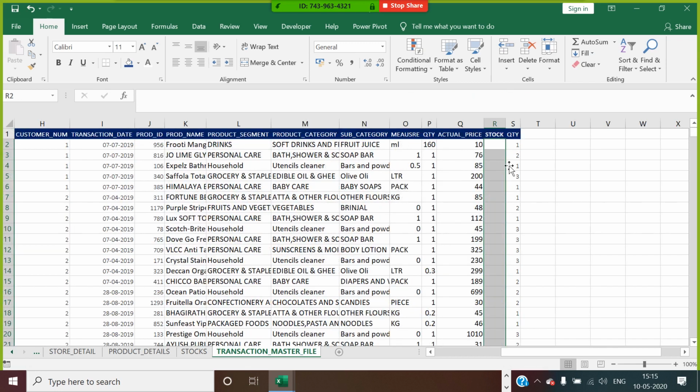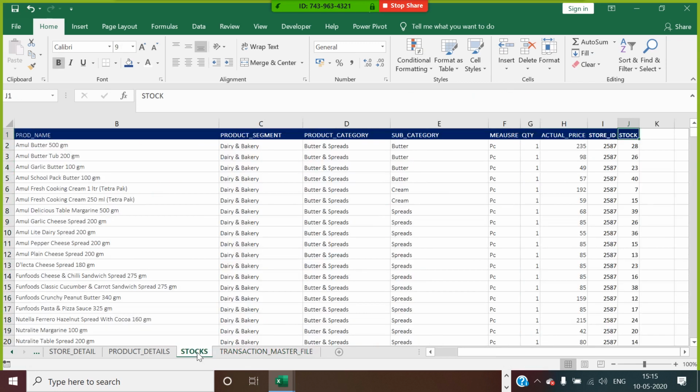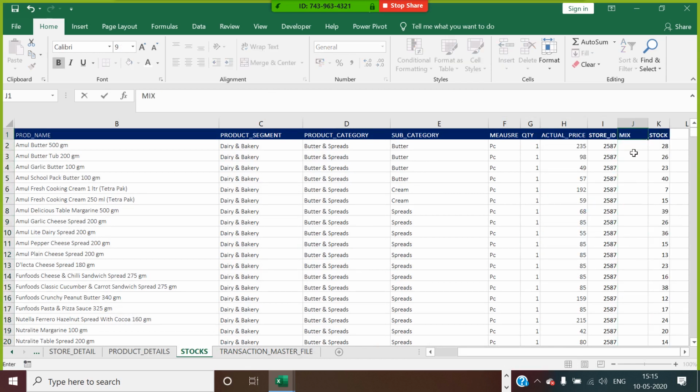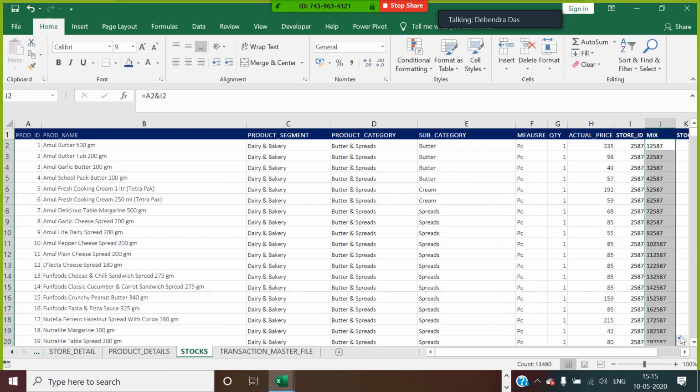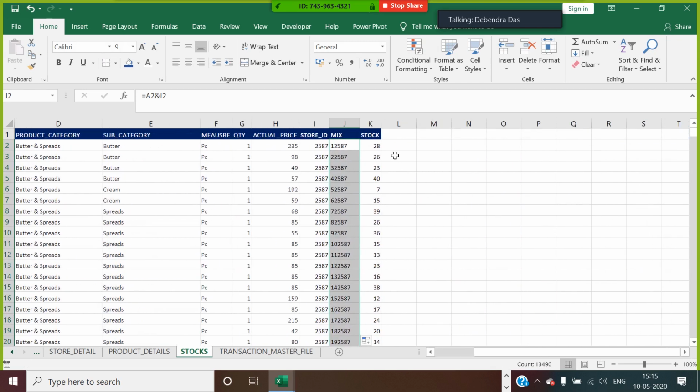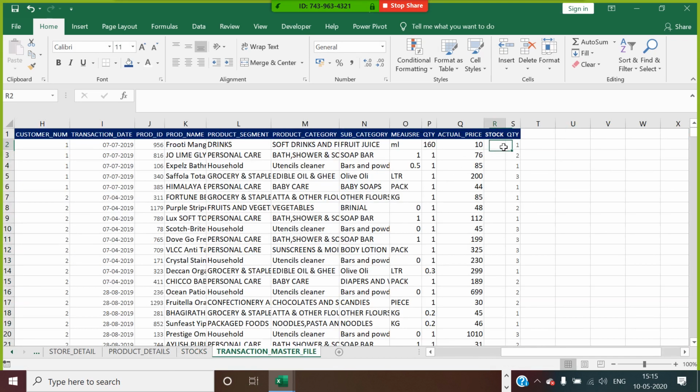I get stock information from this table, where I have to insert a mix field in the stock table. The mix field would be product ID ampersand the store ID, which will give me, for each product ID, the stock level information. So how to get that stock level information here?